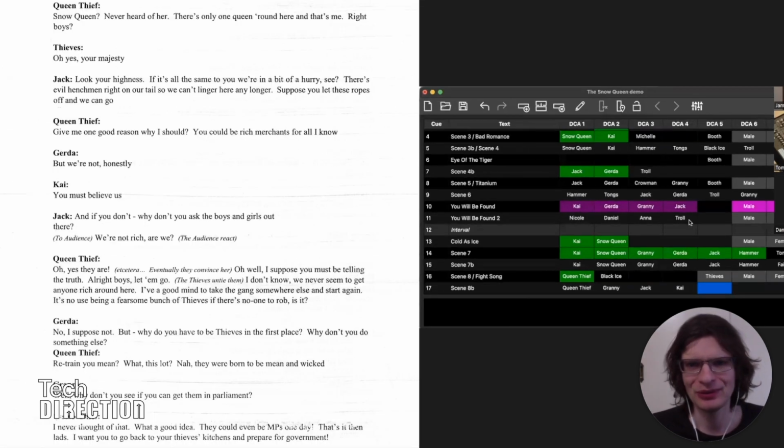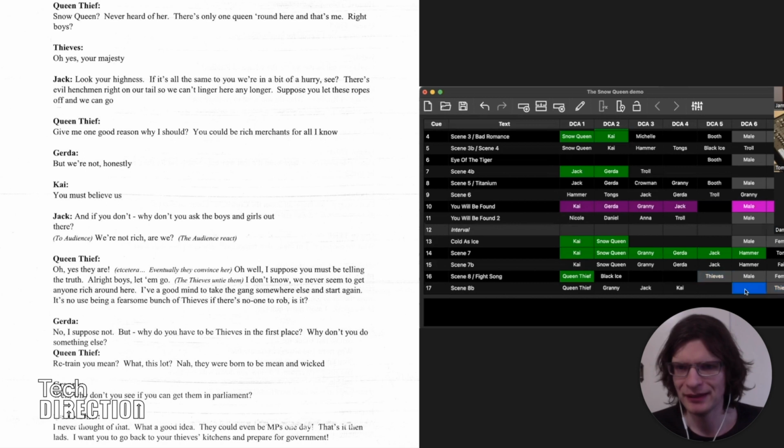Queen Thief, she's already talked. Thieves, they're the thieves talk. We already have some thieves. We had the thieves defined over here in this previous queue. So you can just copy paste if you want the thieves to go, say, here, and that copies them through. But we might want to reuse these thieves a few times in the show. We don't know. So if I actually delete them out of there, what we can do is we can define